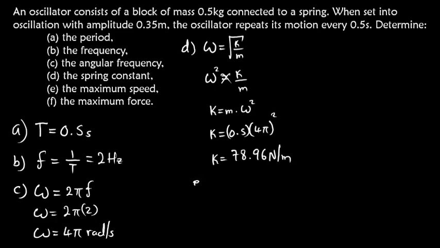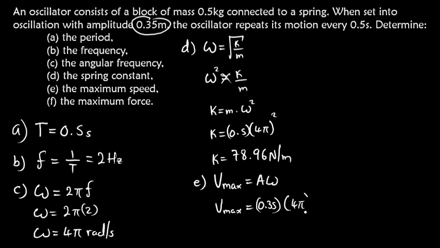Then part E is asking for the maximum speed. So maximum speed or velocity max is given by amplitude times omega. So velocity max, now remember amplitude we're given in the question, so we'll just say 0.35 multiplied by our omega, which was 4 pi. So let's see what we get as our velocity max. So 0.35 multiplied by 4 pi. This gives us 4.4 meters per second